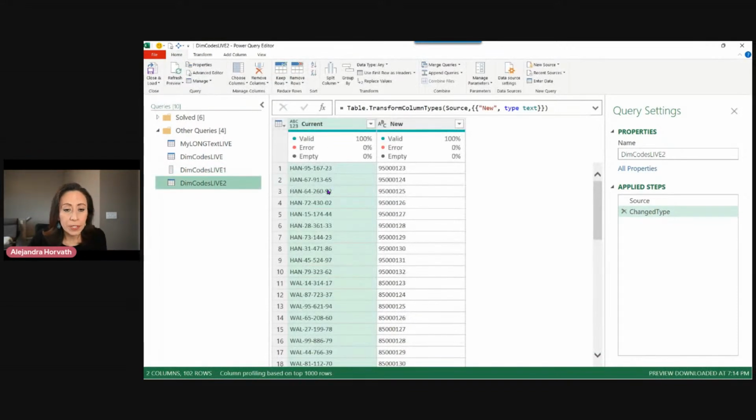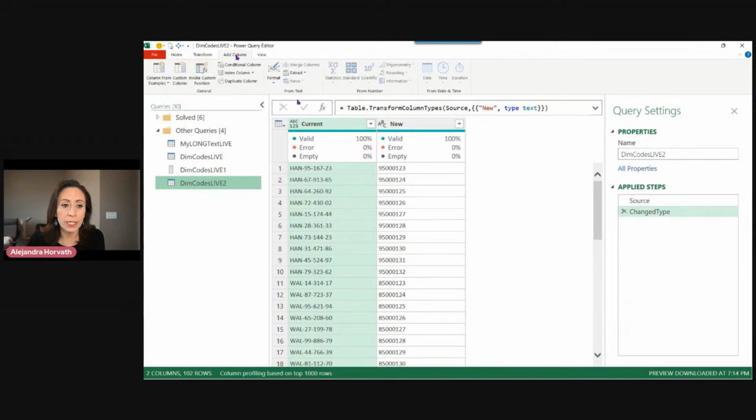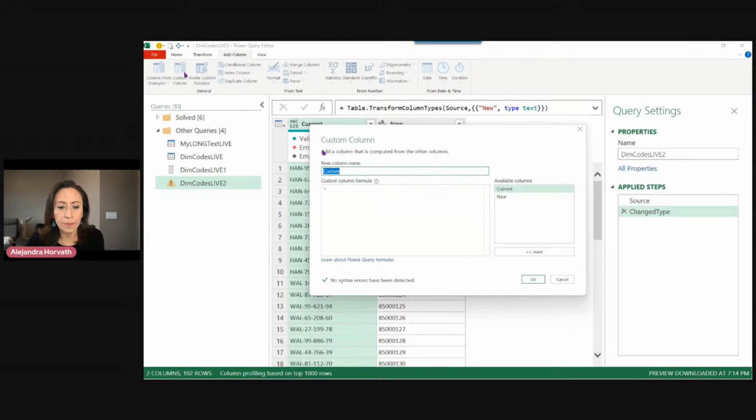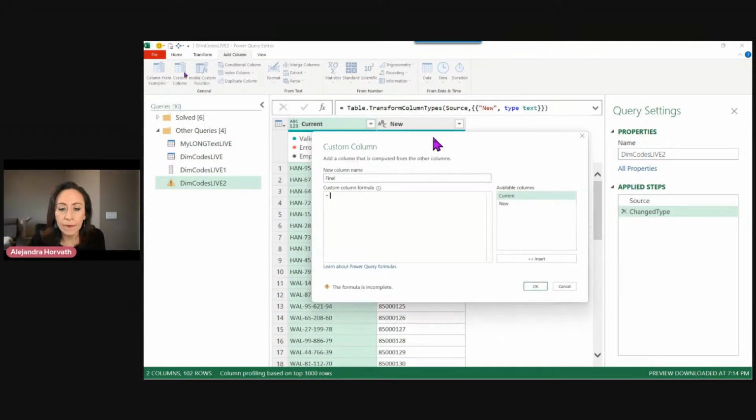And the second technique, I learned that from Alejandro, who's here. Thank you, Alejandro. It is very simple, and when I saw it, I thought, oh yeah, it's so simple, but you don't know until you see it in someone else, right? So we have our table here. I'm going to add a new column. I'm going to say add column, custom column. And that one I'm going to call final. I like to call that the last column that I'm going to use there. And if I need